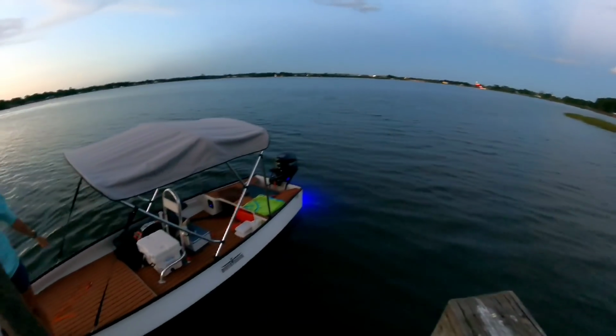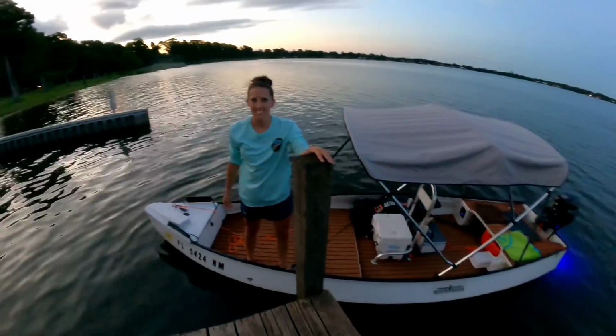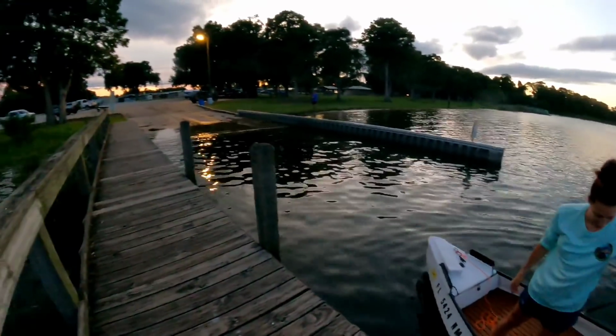So we made it to the Lake Shipp boat ramp. It's pretty much the only boat ramp I use here, maybe Lake Summit, but